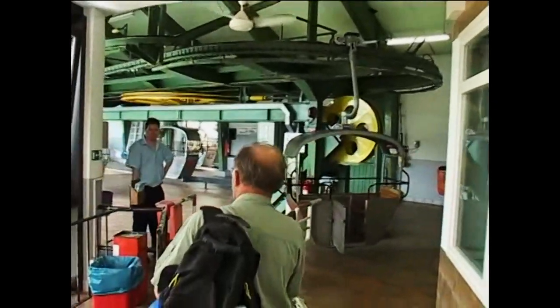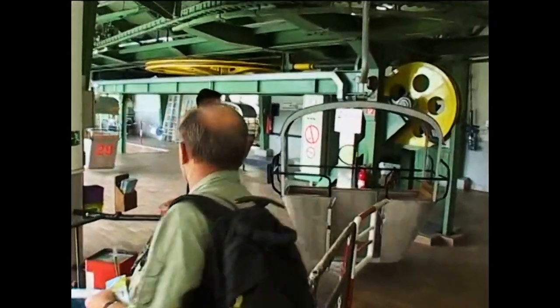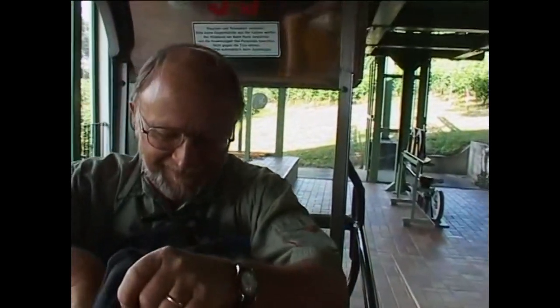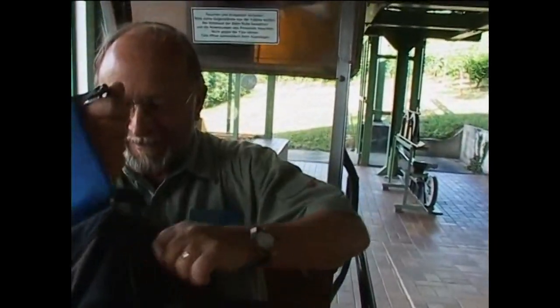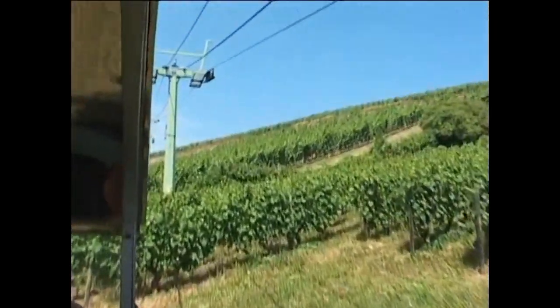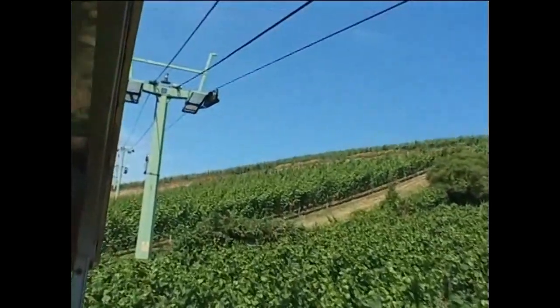Okay, we're going to take a gondola ride. Get in quickly. Disney ride? I'm telling you, this is like a Disney ride. This is not a very big gondola. It's just barely big enough for 2 people. All right, here we go. And I can definitely tell you from experience, yeah, it's very small. Okay, now they're going up